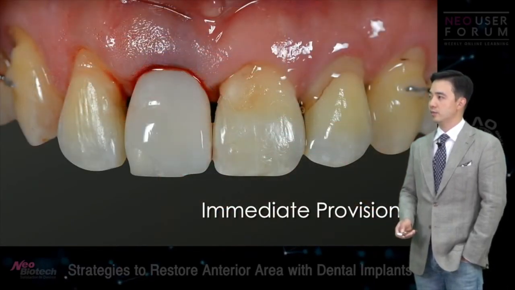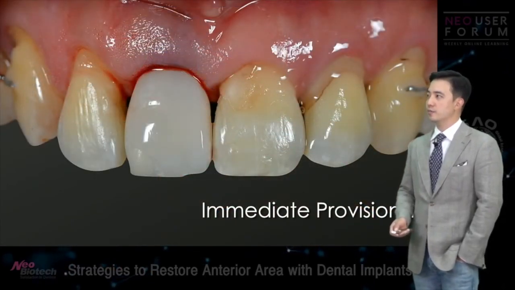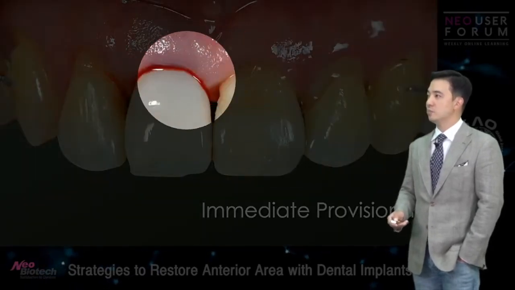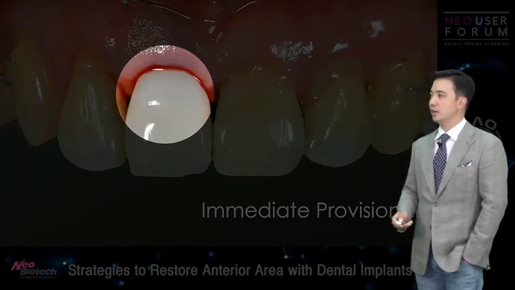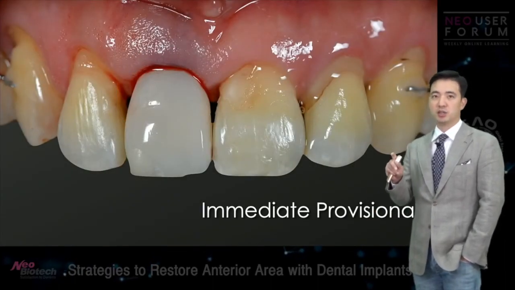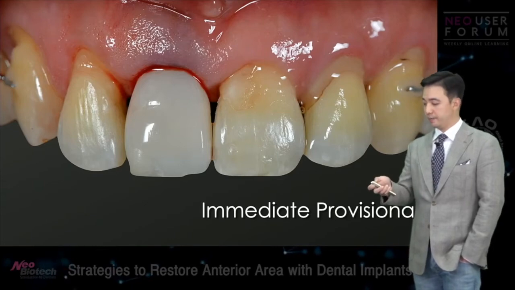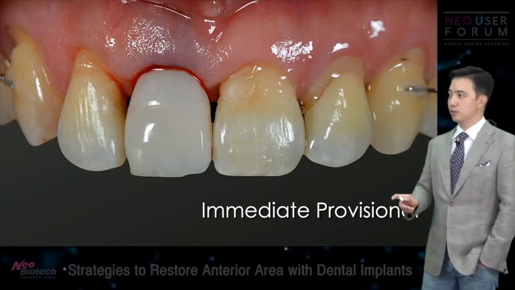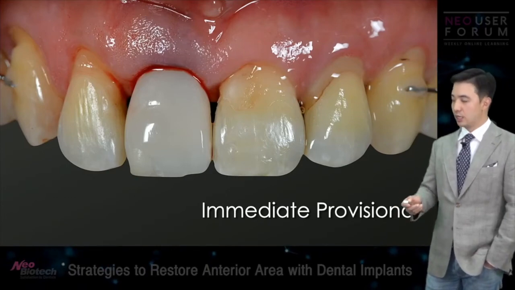Fabricated the immediate provisional. So it's interesting to see how we had an immediate recession after placing the implant. So I needed that 2 millimeters of soft tissue height to be prepared for this recession, and it really worked